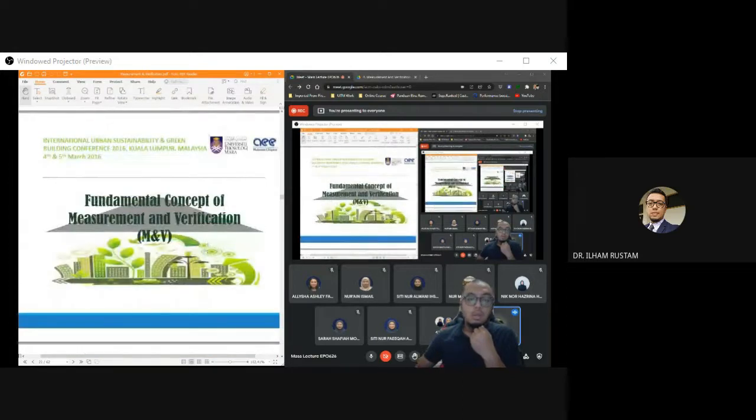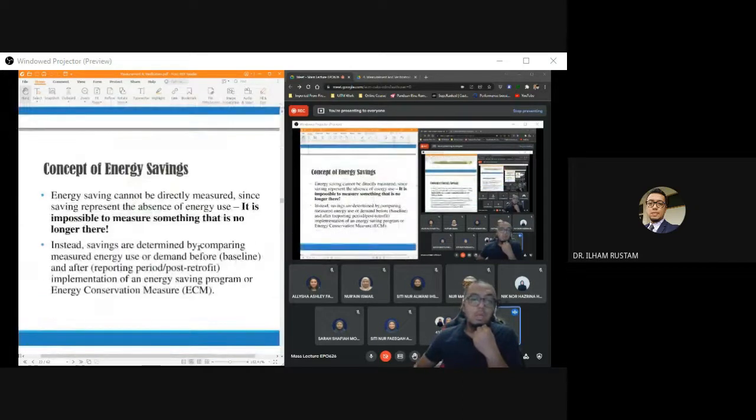Okay, and then the fundamental concept of MNV is that for energy saving, it is impossible to measure something that is no longer there. So energy saving is actually unable to be measured directly. Because again, it has already happened, you can't go back in time to measure the actual value. So therefore, we must compare with the baseline